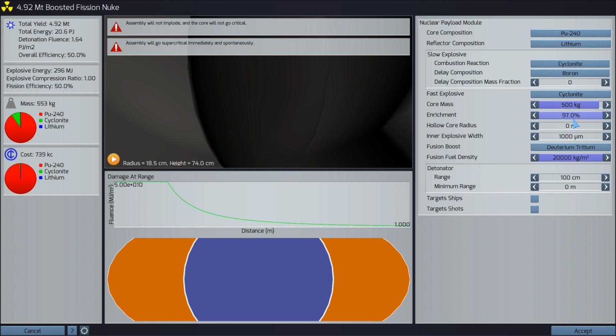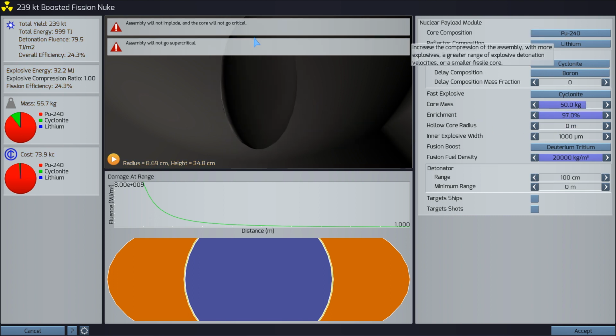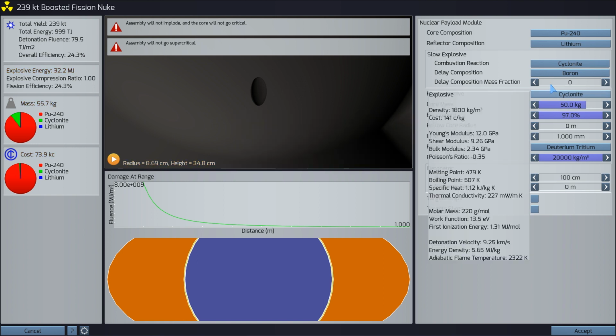With a half-ton plutonium. And a pretty good yield as well. Okay. So let's put it at 50 kilograms and see if we can get that to detonate. Right. Inner explosive width. No. It's not going to work for us. What about...